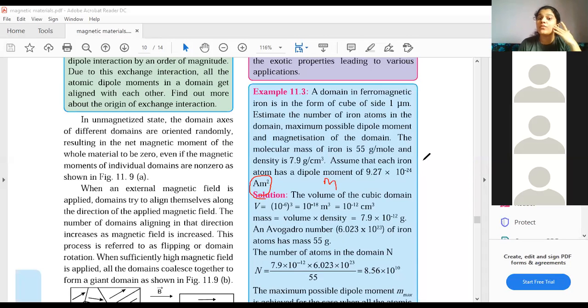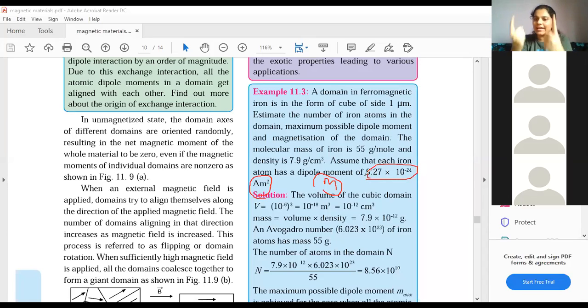Fine. So for one atom, they have given us what m is. We are supposed to find the total dipole moment. Students, it is very simple to understand. If you know the dipole moment for one atom, you can find the total dipole moment of the domain. Multiply this value by the total number of atoms. It's just like the cost of one pen is this much, so what is the cost of 5 pens? You will multiply 5 with the cost of 1. Just like that.